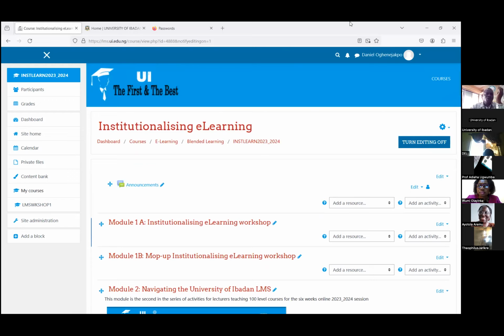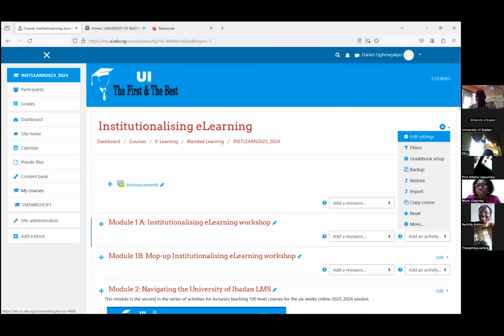So probably when we were uploading the course, we made some mistakes and you want to correct it. Just come to where the setting button is. When you click on it, there will be a drop down. Just edit setting. For now, restrict yourself to that so that you won't scatter some. When you click on edit setting,